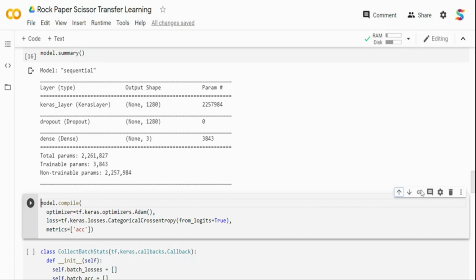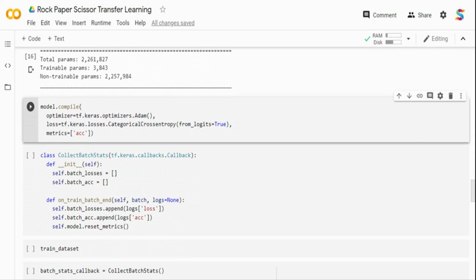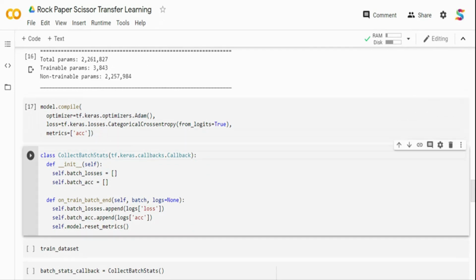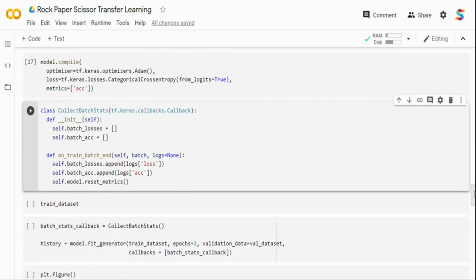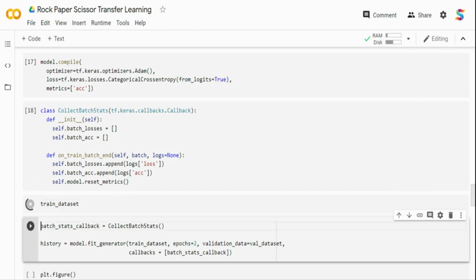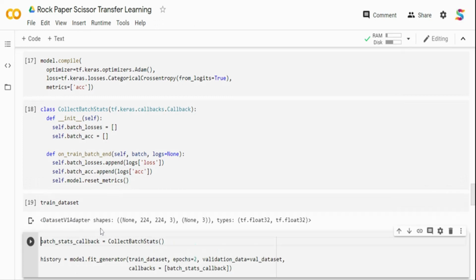Now I'm going to perform my typical steps for the classifier. I'm just going to compile the model with the Adam optimizer, categorical cross entropy loss, and accuracy as my metric. I am creating a class object, which is nothing but a TensorFlow callback function, which I can give during model training. Here I'm appending the batch loss and then the accuracy of that particular model. I'm going to pass this during my training. Now the train data set and the test data set are all in TensorFlow data set format. If you see, the input image is 224 by 224 by 3, we have resized it, and the output is a one-hot encoded vector, that is, size three.